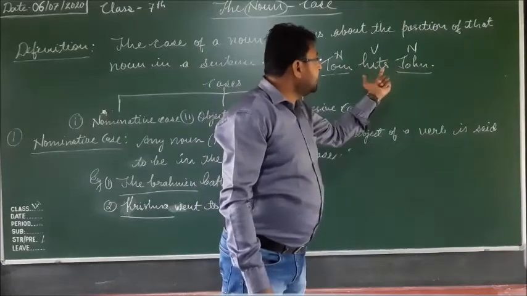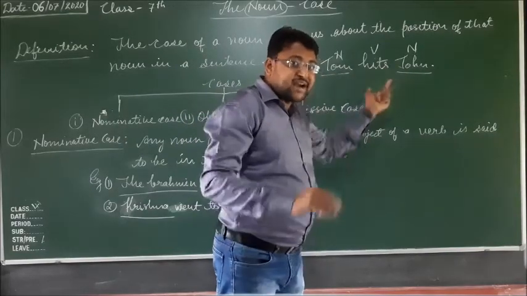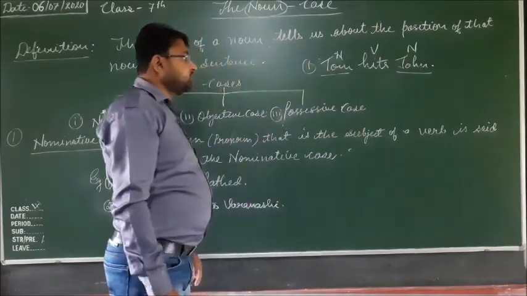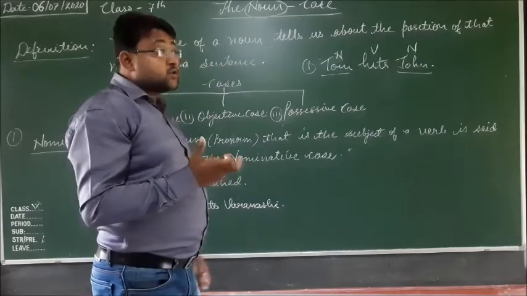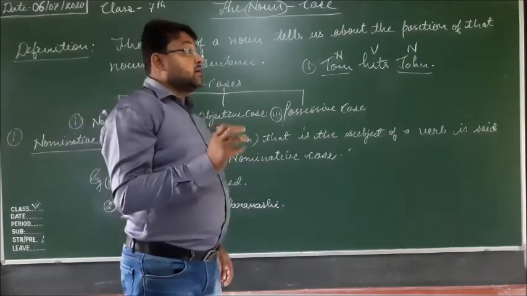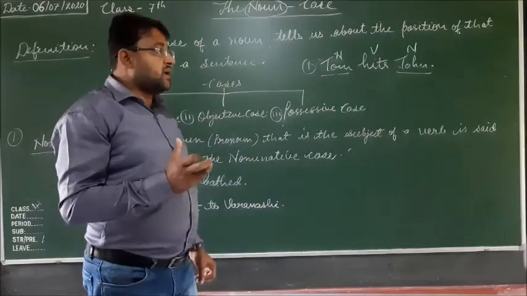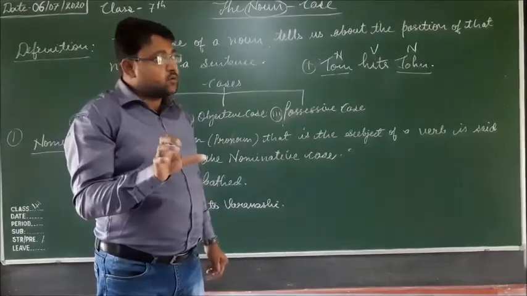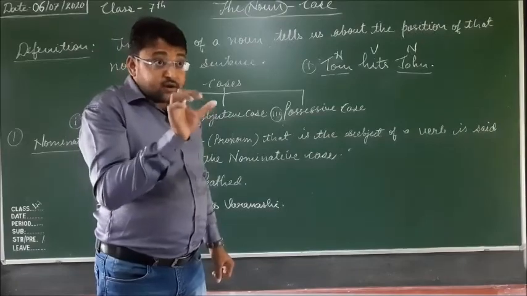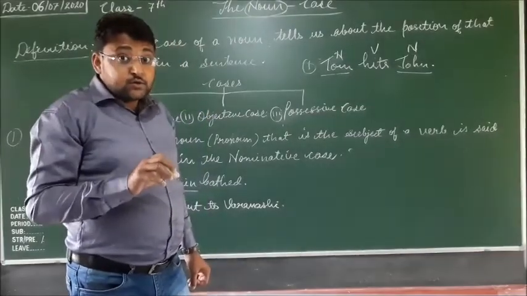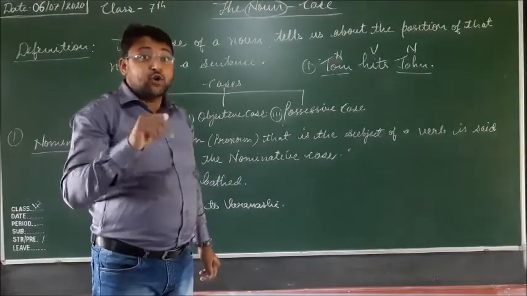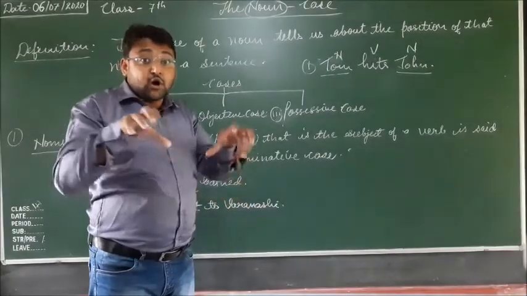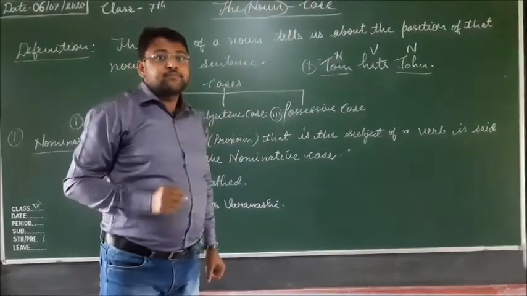And here John came after the verb hit, so that is the noun objective case. And what is possessive case? One example I am giving: I took John's book. John is a noun, and in the word John, apostrophe s is applied, so that shows the possession. John's book, because that is the book of John. Here John has the possession. So that is the possessive case.